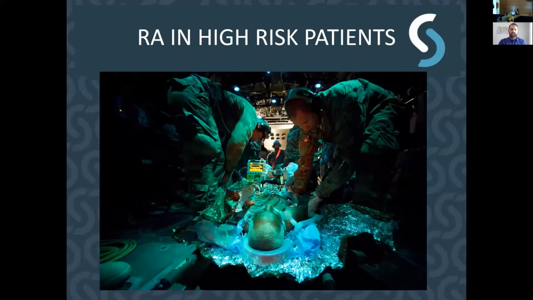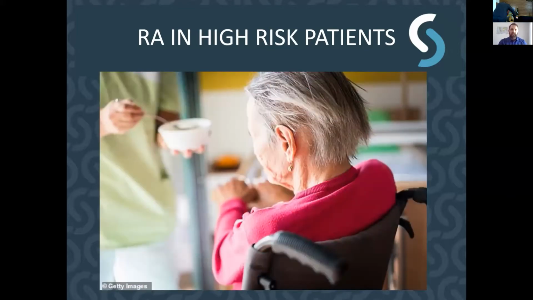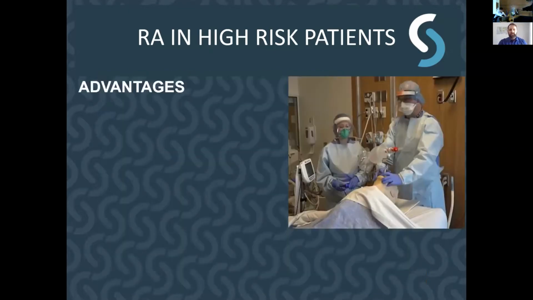Firstly, when you think of high-risk patients, it can be trauma patients, very injured patients, multi-trauma, polytrauma patients, or it can be patients with multiple comorbidities. So these patients also need attention and care, and they are at very high risk due to their comorbidities. Now, this picture has become all too familiar in the recent setting with the COVID virus. So when you think about regional anesthesia, we can circumvent some of these risks.